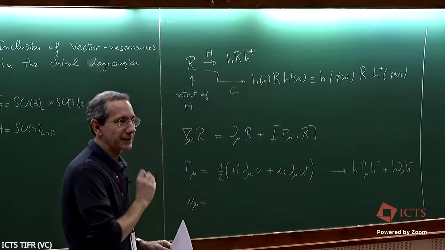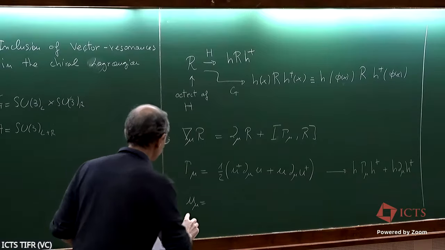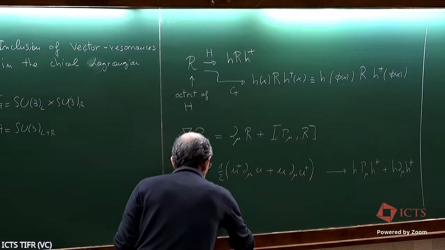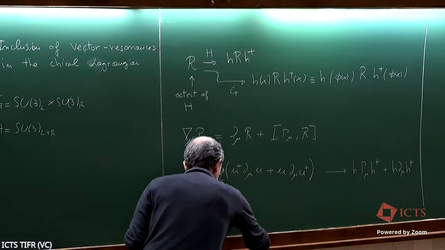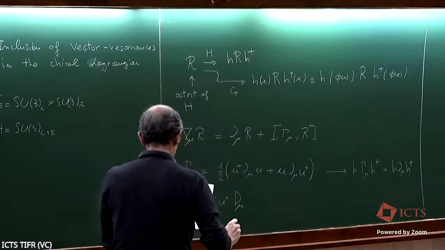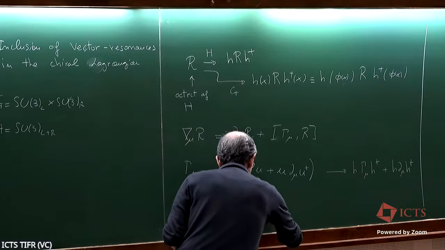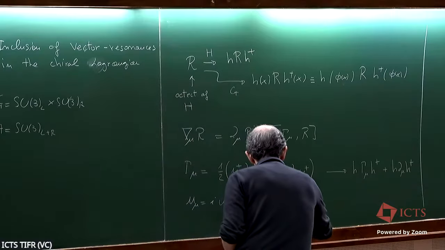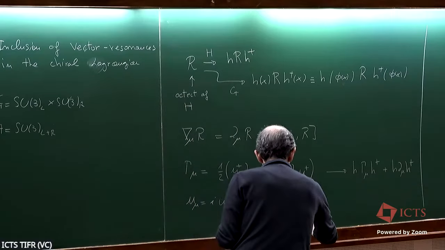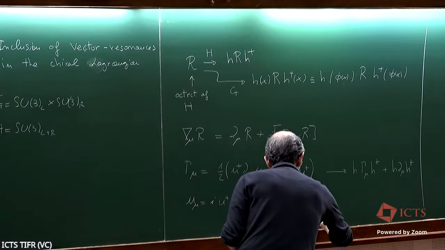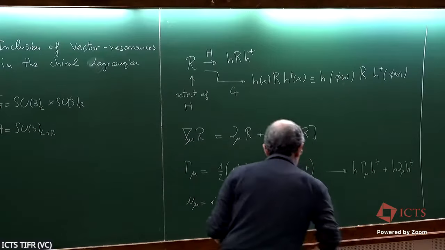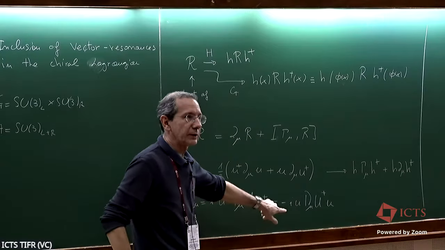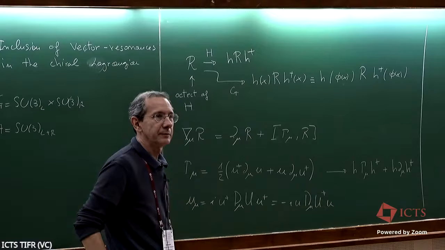I stick to the original notation of Ecker and company, which actually yesterday we have seen in a different form. It's nothing but like this. To understand why these two things are the same,